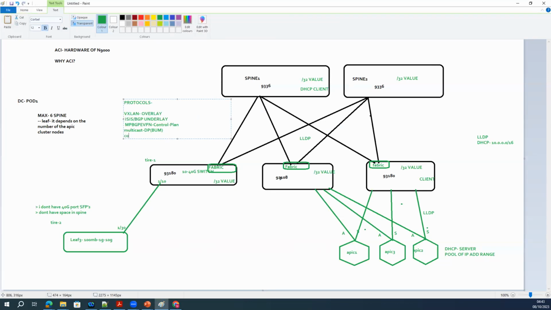Who puts that protocol? COOP. The COOP protocol is also one of them. Okay. What is the full form of the COOP protocol?